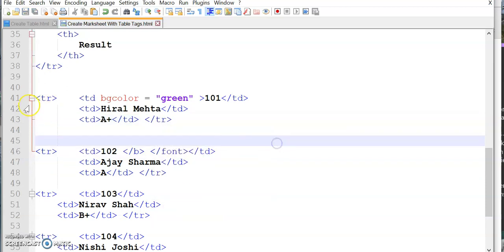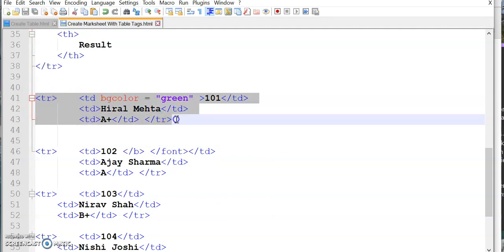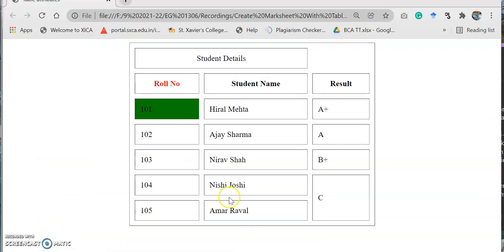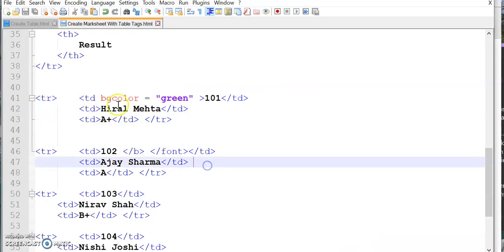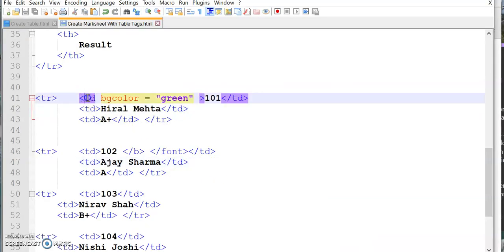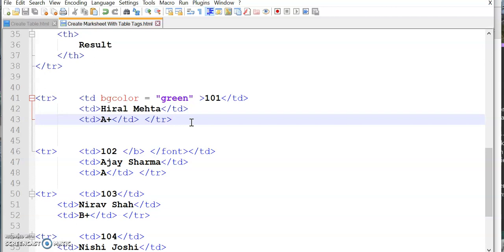Okay, so this is your first row after the heading: 101 Hiral Mehta A plus and background color green. So 101 portion has been colored with the green color. Background color is green. So simply you can use this TD, this cell you want bgcolor, that is green. You can apply, right? And in any cell you can apply these things.